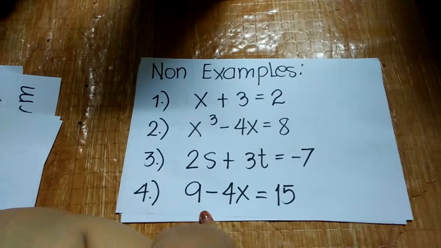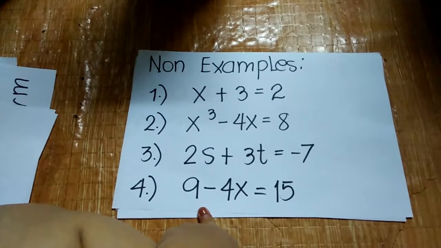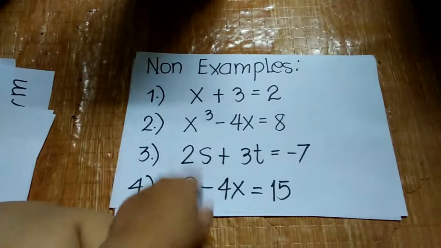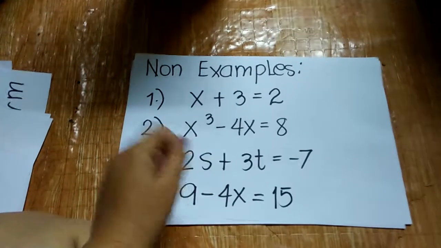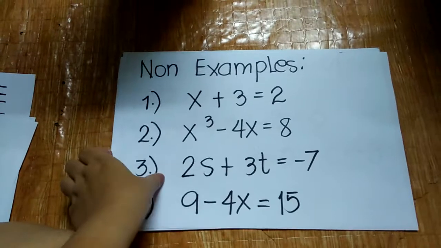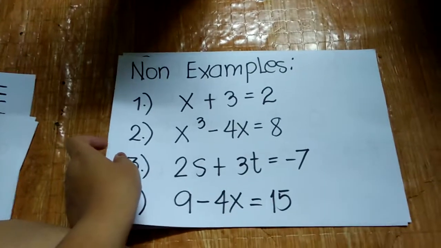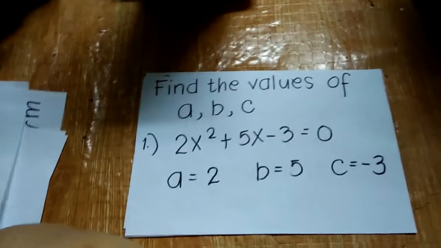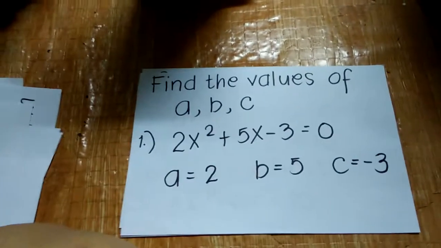And then the last is 9 minus 4x is equals to 15. May squared ba kayo nakikita? So, wala. Kaya, still, this is not a quadratic equation. Okay? Ayan. So, ngayon, sinasabi nga natin na